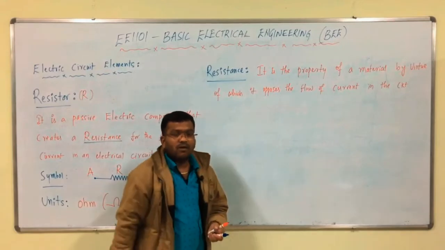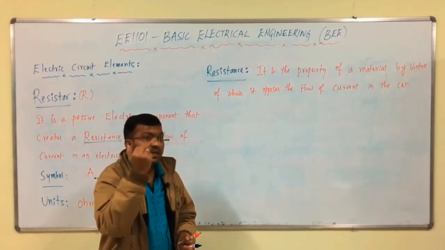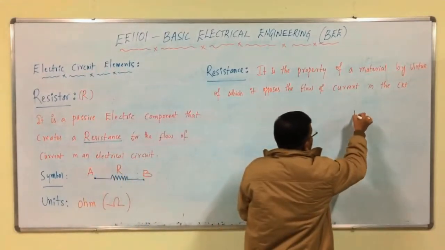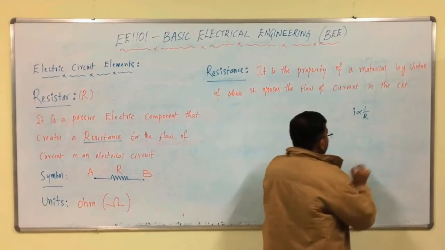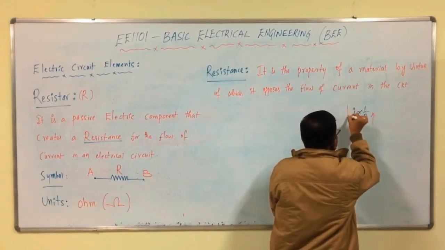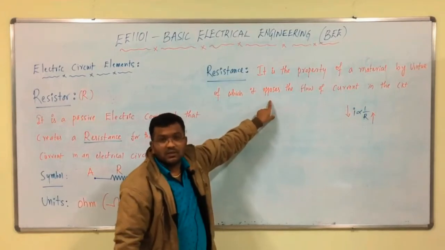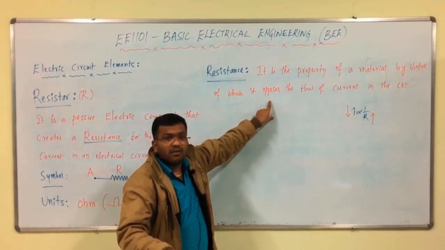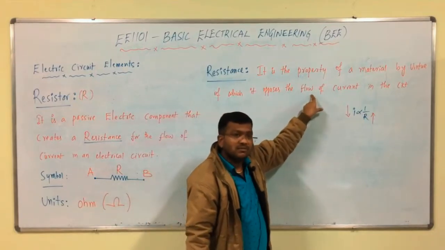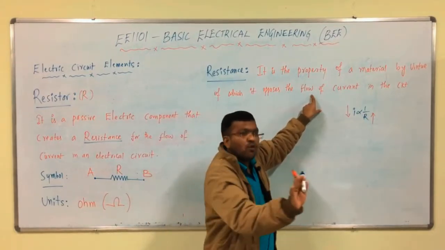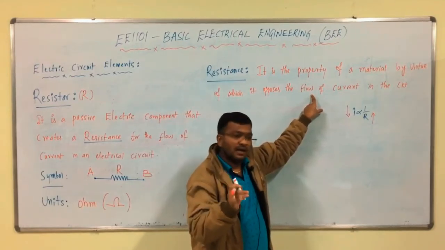That is it, no? Because from Ohm's law, I is inversely proportional to R. Simply, if the value of resistance is more, the current in the circuit is less. Which means, if the value of R is more, the current in the circuit is very low. It opposes the flow of current. The more the value of R, the lesser the current.